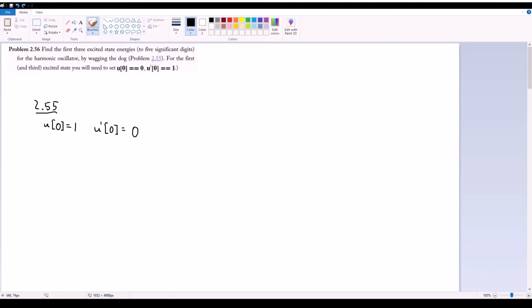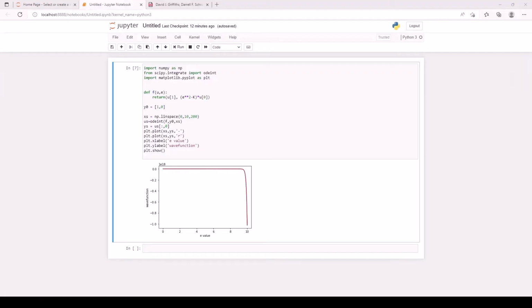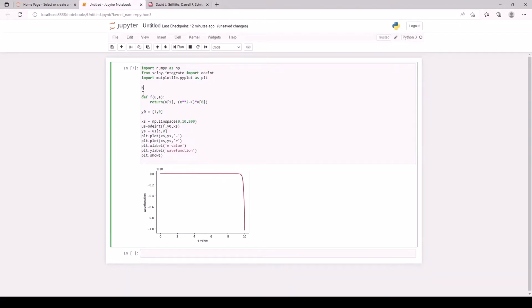So, because of that, we're basically just going to have to switch around the initial conditions depending on which k value we're going for. And with that, I will meet you on Python. Okay, welcome to Python. We have the exact same setup as we had before. The difference now is that instead of trying to find it about k equals 1, our first excited state is